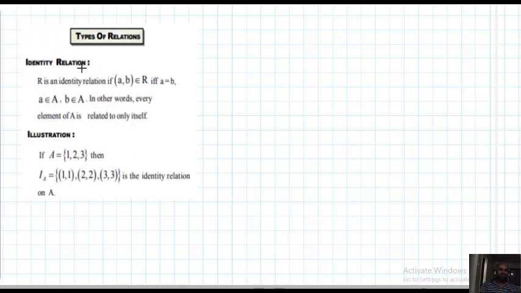Identity relation. So what is identity relation? I will show you. For example, A is given as {1, 2, 3}. A cross A. We can write A cross A. Identity relation is defined on a set itself, A cross A. We can't define identity relation on A cross B; that is another one. A cross A means what? 3 times 3, 9 elements we will get actually.